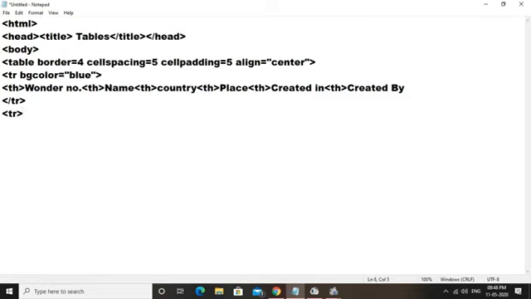Then what do we want to define? Data values. For the data values, the tag we use is table data, that means td.